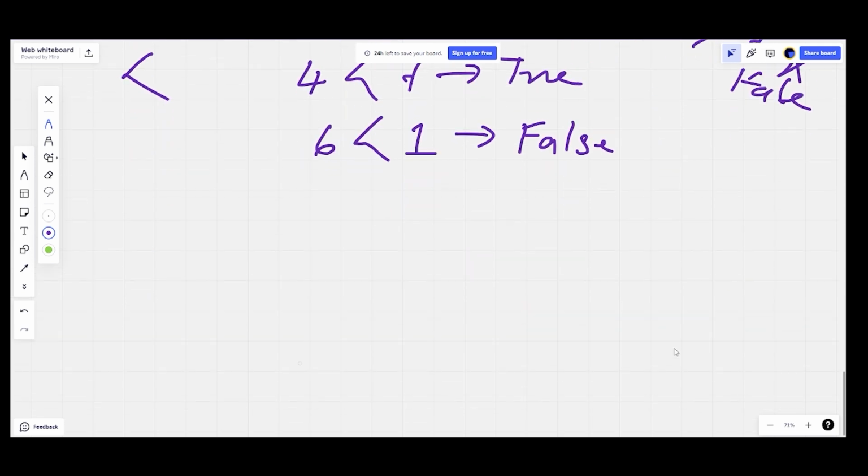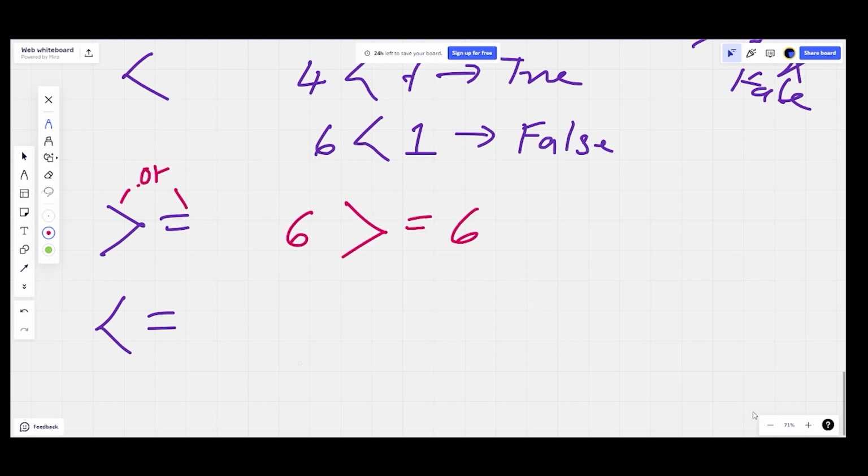Then you can add two more over here. One is called greater than equal to, and one is called less than equal to. It does the same thing. Just one point you have to remember here is that it is said greater than or equal to. So if I compare 6 >= 6, we know that 6 is not greater than 6, but 6 is equal to 6.